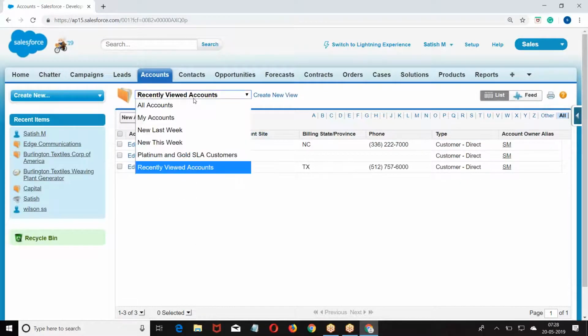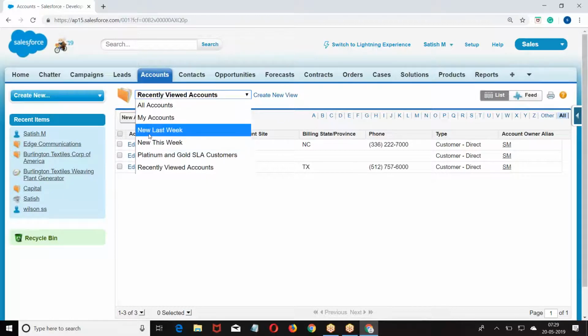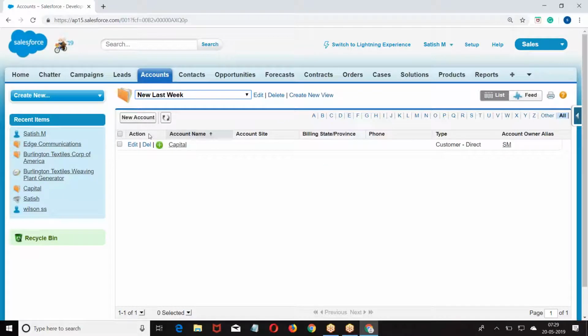What are these options called? We call them list view options. From this list view option, whatever option I have selected is called the filter ID.